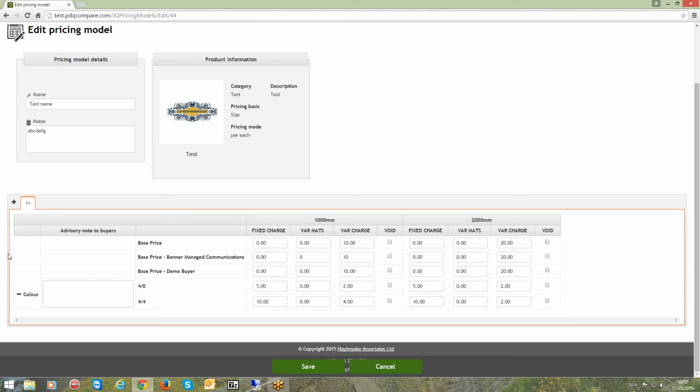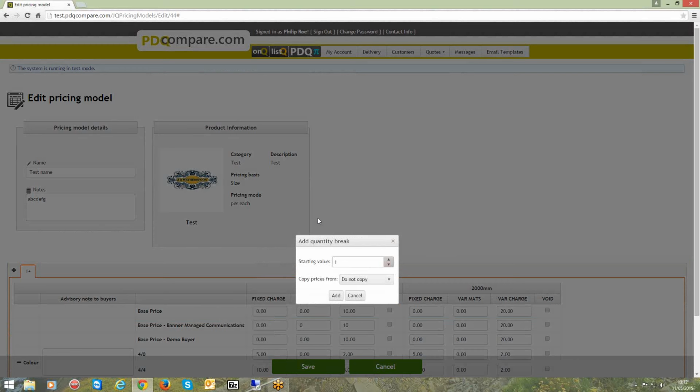Once you have your pricing model for your first quantity break, you can then click on the plus button. Then it asks you, where do you want your next starting value to start from? So this is based on how you price for this product. So it's where you want to place these quantity breaks, not necessarily what's been given to you as quantity breaks by the buyer themselves as a guide as to the types of quantities that they might be ordering. So if your next quantity break happens to be, let's say 100, then that would be your next starting break. So the first price matrix that we've entered would be from 1 to 99,